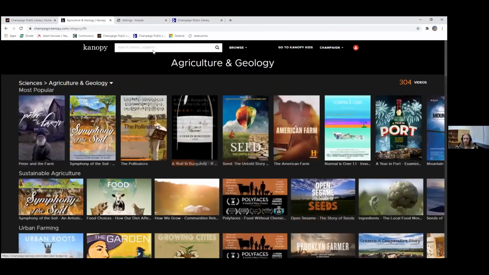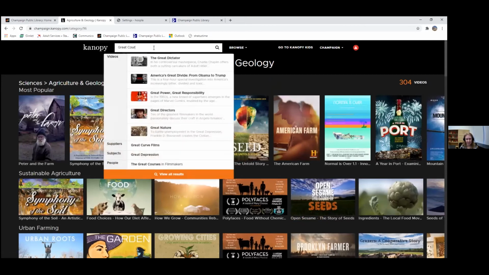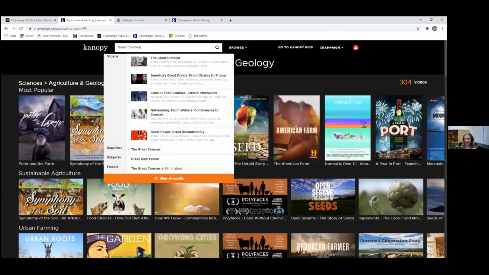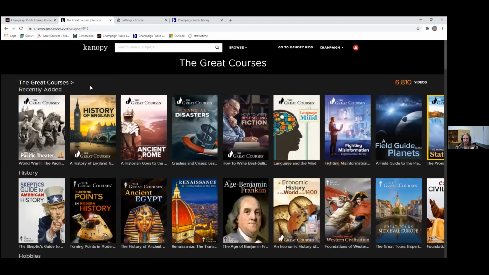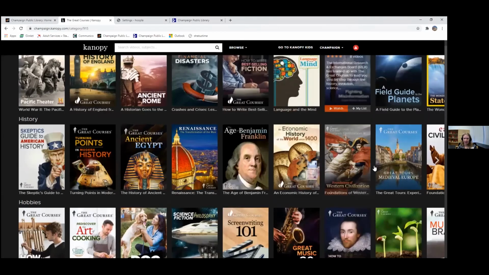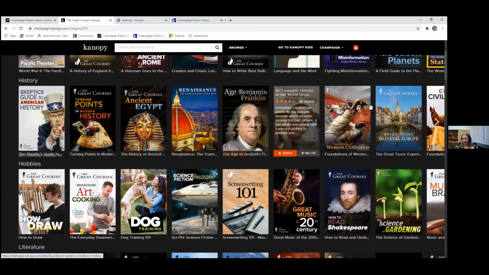You can also search up at the top. I really like the Great Courses, so I'm going through the Great Courses series. So if I put Great Courses up here, I can look down here at suppliers and people and select the Great Courses. And then it'll look at the actual Great Courses here. And then I could pick, say,